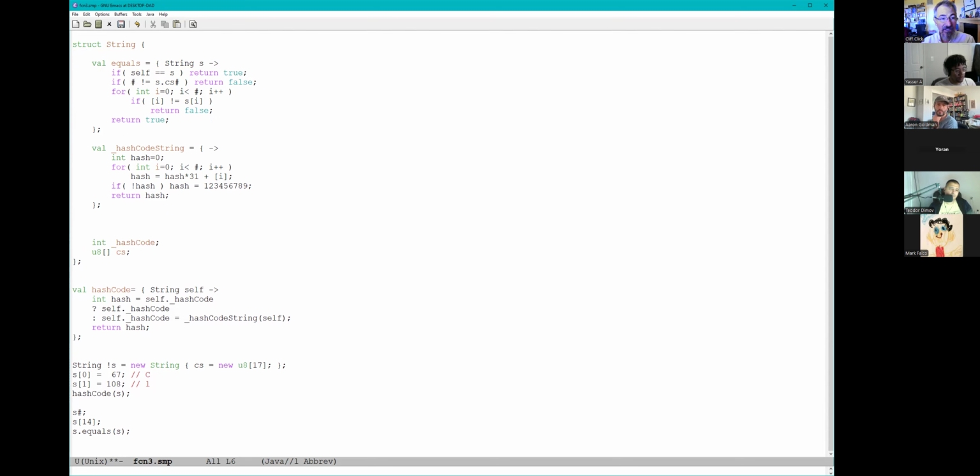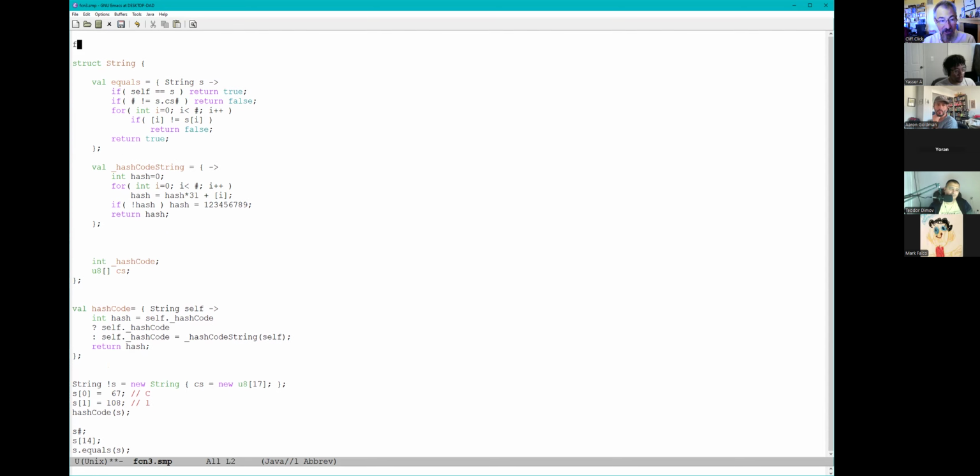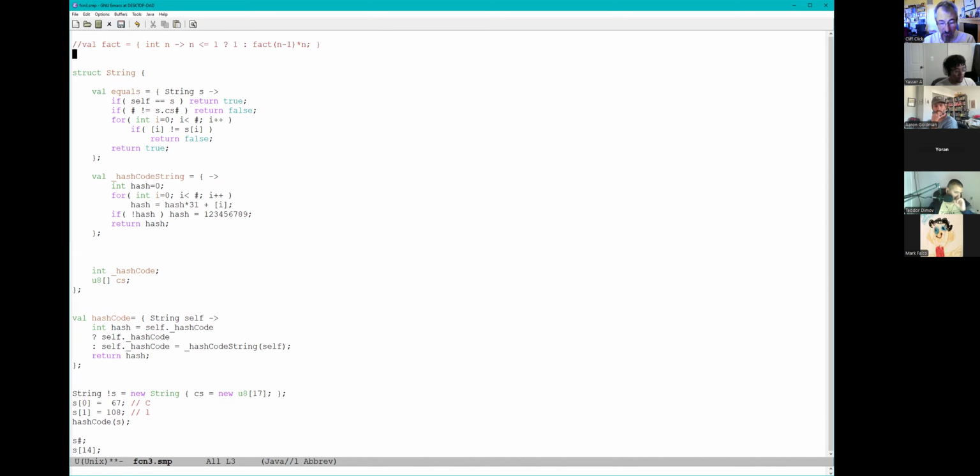So factorial lives on. Factorial is a function which takes an int here and says n is less than or equal to 1, return a 1, otherwise return factorial of n minus 1 times n. This fact is considered a forward reference because I haven't actually defined the left-hand side yet. Works great. The other one, struct linked list, has a linked list that can be null next.